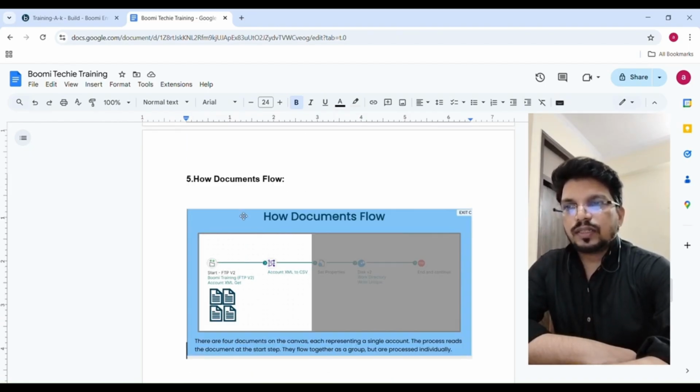फिफ्थ पॉइंट है हाउ डॉक्यूमेंट फ्लो। डॉक्यूमेंट फ्लो कैसे करता है, आप देखोगे ये ग्रुप ऑफ डॉक्यूमेंट है, इसमें 4 फाइल्स हैं। तो ये फ्लो कैसे करेगा, ऐसे एक फाइल फिर दूसरी फाइल फिर तीसरी फाइल चौथी फाइल, ऐसे नहीं जाएगा। ये ग्रुप में मूव करता है। आप यहाँ देखोगे देयर आर 4 डॉक्यूमेंट्स ऑन द कैनवस, ईच रिप्रेजेंटिंग अ सिंगल अकाउंट, एंड द प्रोसेस रीड्स द डॉक्यूमेंट एट द स्टार्ट स्टेप। दे फॉलो टुगेदर एज ए ग्रुप।